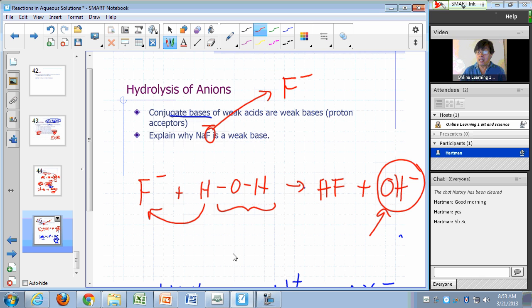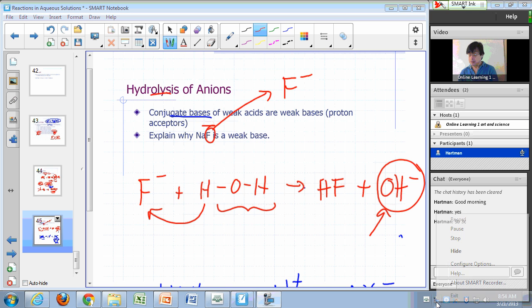And so negative ions tend to produce hydroxide when they hydrolyze. The reaction with water is called hydrolysis. And positive ions tend to react with water to give you hydronium ions. So that is all we're going to cover as far as